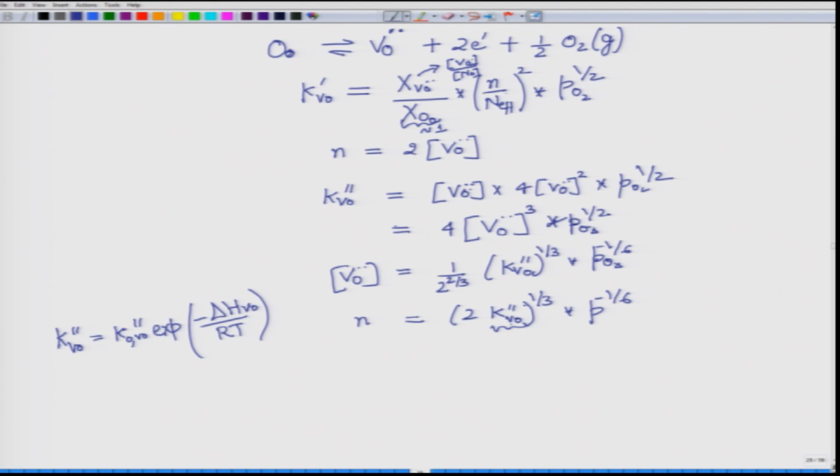So, if we want to convert it or get it into the similar formalism as earlier, in terms of exponential of delta H, then we will convert this using this relation, and therefore, this N will be equal to